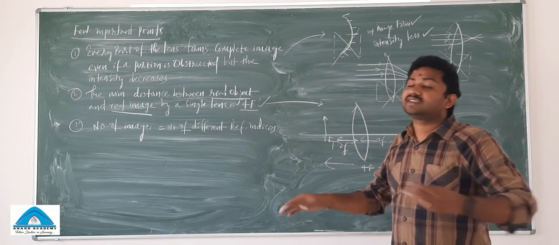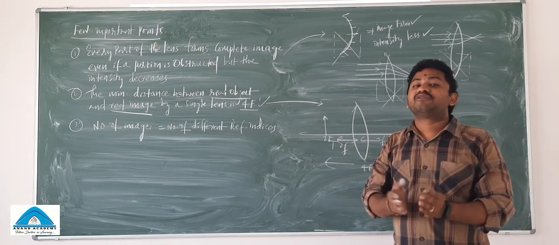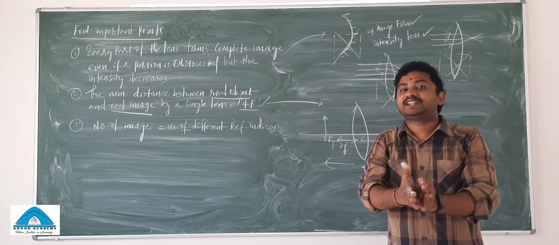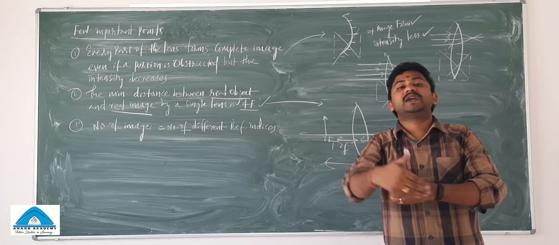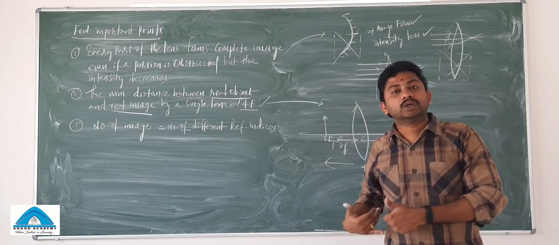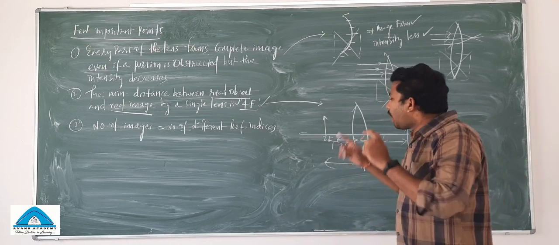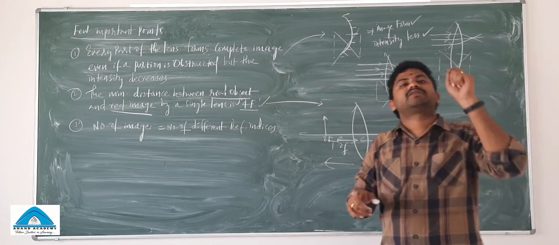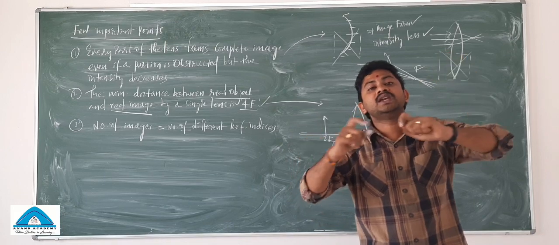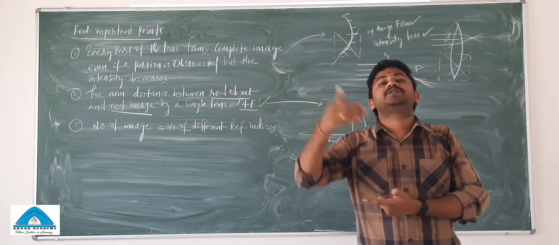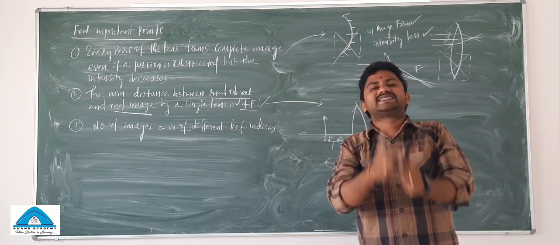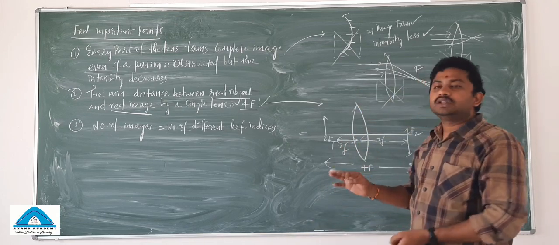In any other case, it is greater than 4 times f, right? You can check because you know the image formation, each and every detail, each and every ray diagram also you know. You can check from there, you will always get the distance between the real object and the real image greater than 4 times f, but it will be exactly 4 times f when the object is kept at 2f1.